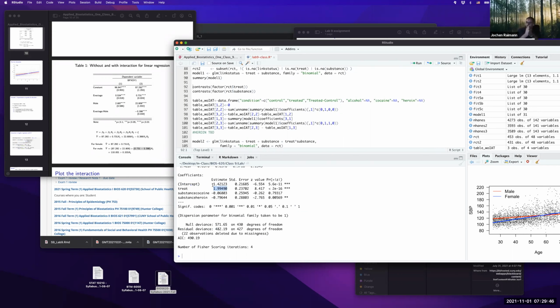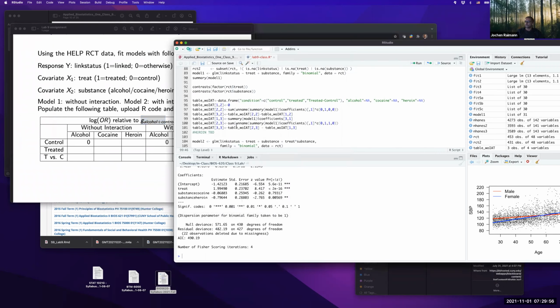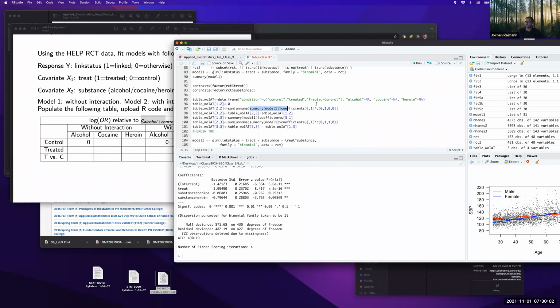So it's essentially we have this control with alcohol and control. So the only thing you need to fill out here in the treated cell, treat and treat, essentially can be extracted from summary model 1 with the summary model 1 coefficient